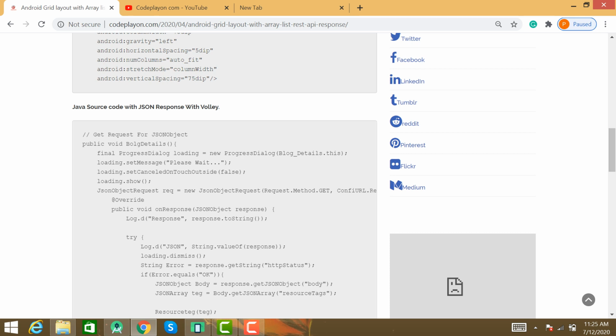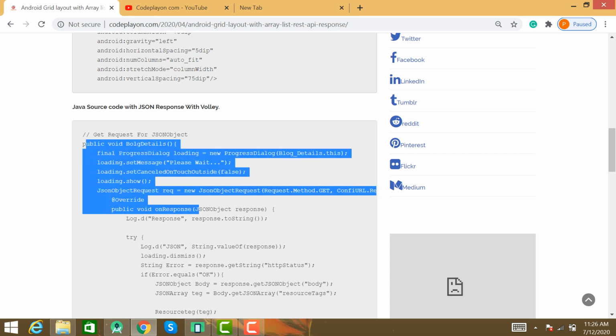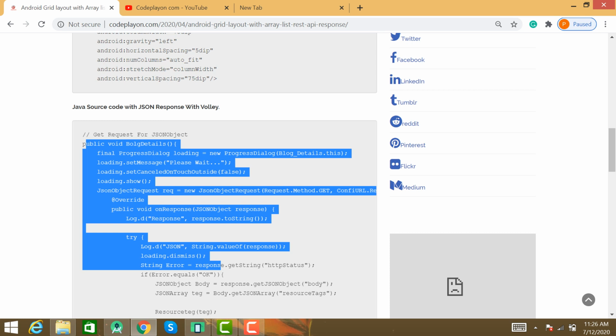In the Java file create a get request, and manage your API response according to the request. It may use the get method, post method or put method according to your API. So create a method for getting the response from the API.